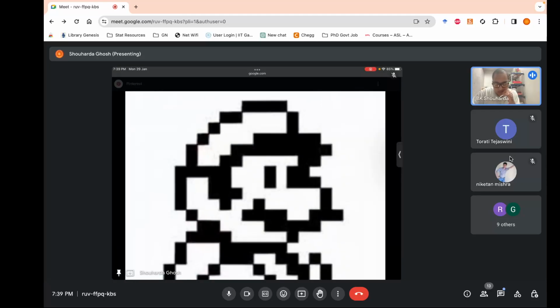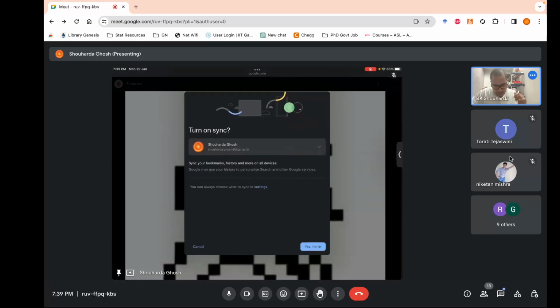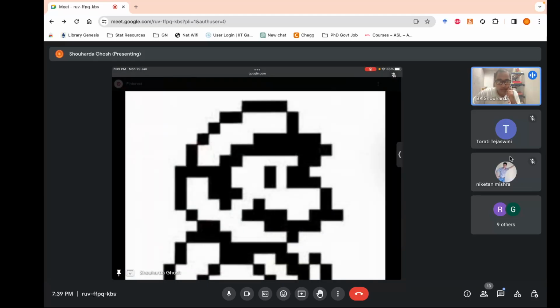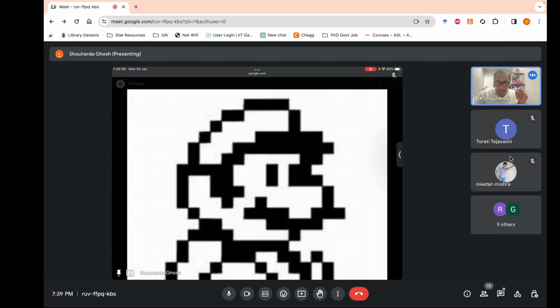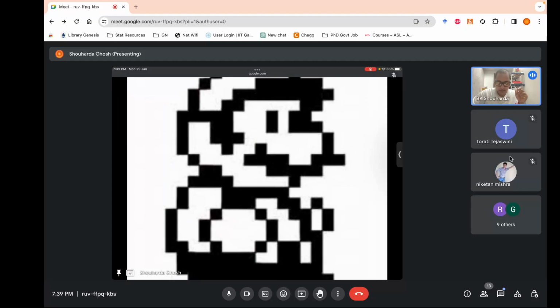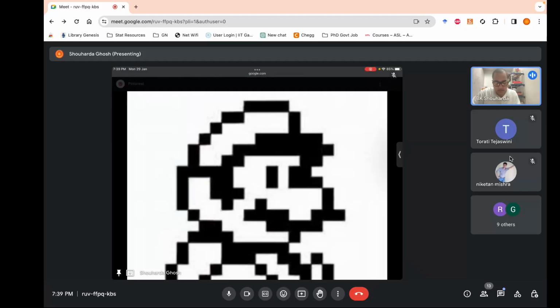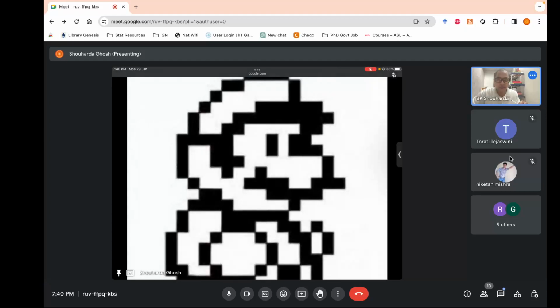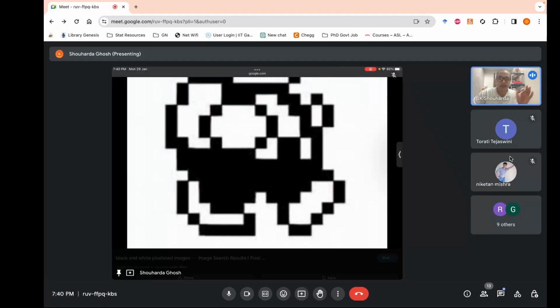Unfortunately I can't write over here, but yes, you can see these blocks. Each of these blocks is like the array matrix. This entire image is like an array, and each of these squares is like a pixel. Okay, so you fill certain pixels with full black, or this is a completely binary image. That means either it's a 1 or a 0.